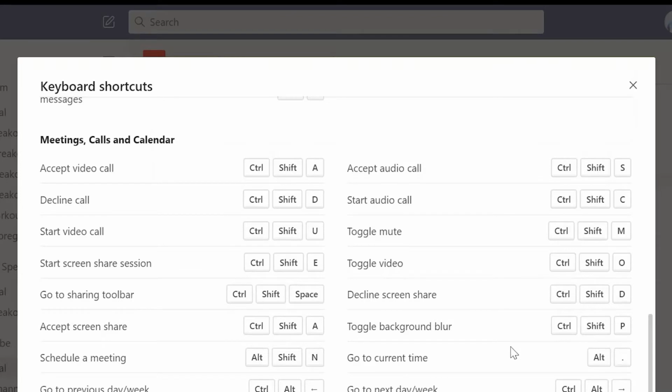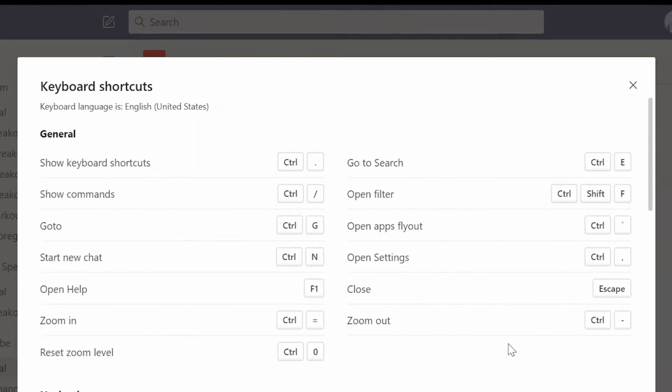Everything you have some kind of shortcuts defined here that you can use and reduce your time while using Microsoft Teams. So this is the first hack that I wanted to talk about while using Microsoft Teams.